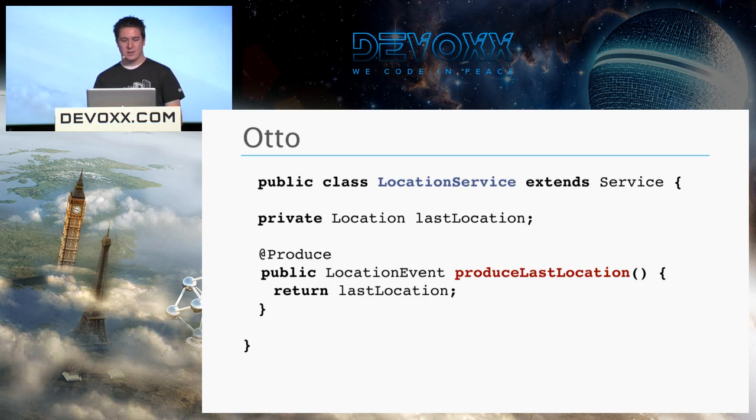So a good use case here would be something that's listening to location updates. Say you have a service which is receiving the Android callbacks for locations. What it can do is keep track of the last best known location and store that in an instance variable. And then it can also have a method which is annotated with produce and has a return type of the location event. So now, if we go back,